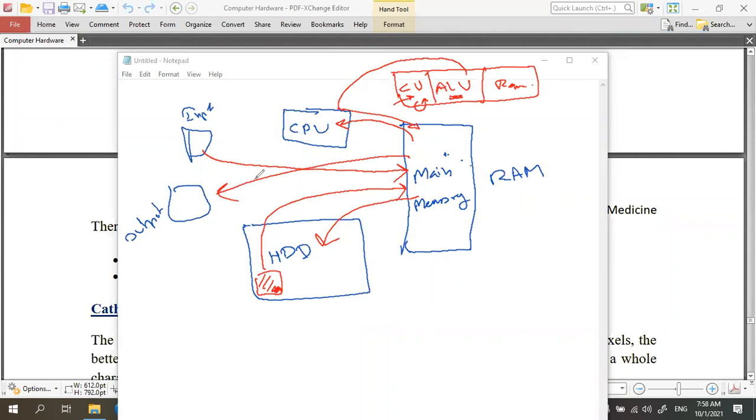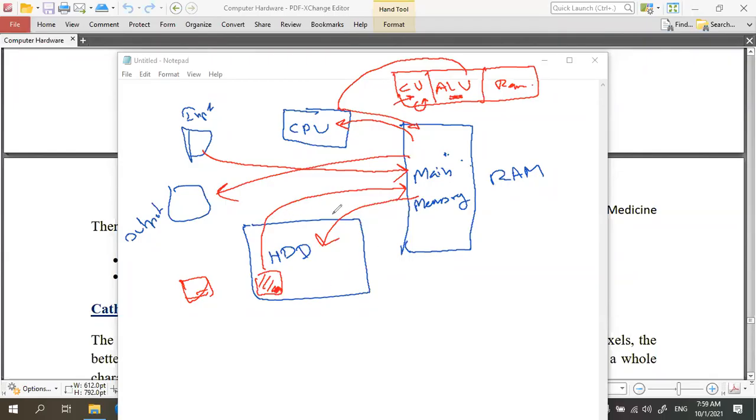Right. And again, we discussed RAM, main memory. This is a volatile memory. That means it needs an active power supply to keep the data. And ROM is there somewhere, right? That is also primary memory. And after that, the hard disk. If we replace this with an SSD device, then the data communication between RAM and the hard disk will speed up. So then the performance of the computer will also be increased.